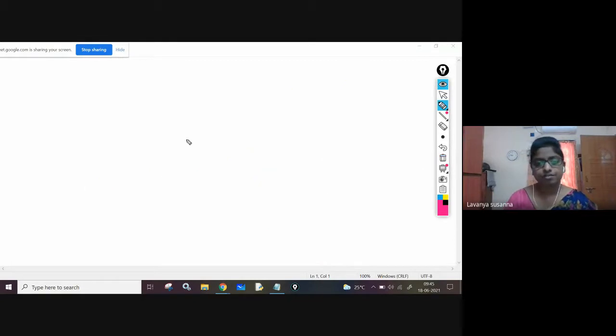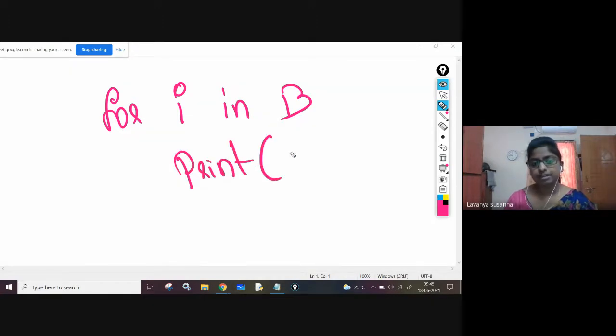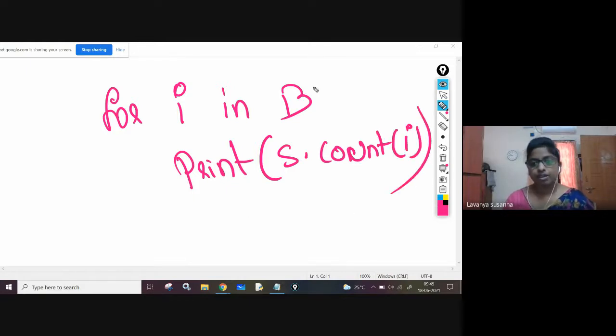So if you are using a for loop, for I in S, print S dot count of I. Sorry, it is S, not B. Now this S contains B-O-O-K, book. Now what will happen?